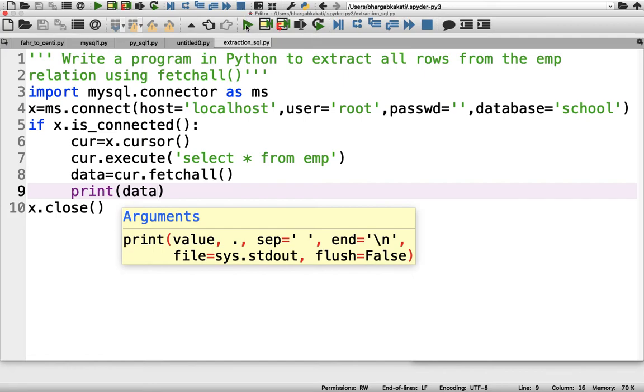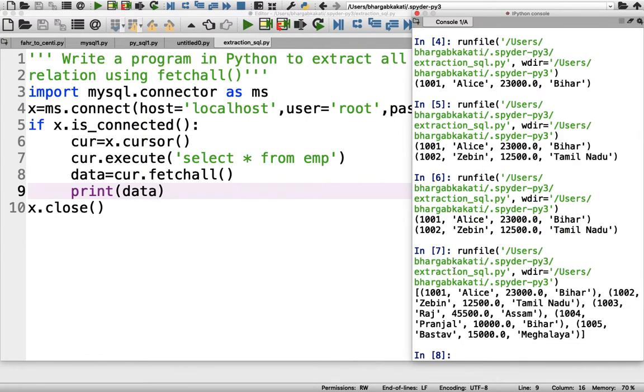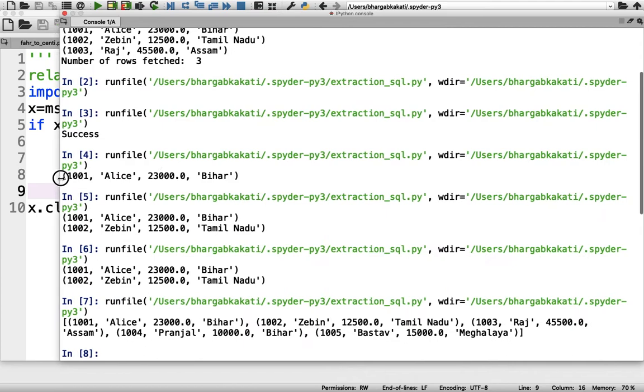If I run it, you can see that all the rows are being displayed. But if you pay attention, the output is not in a user friendly manner. It has been displayed in the form of a tuple, but the output is very haphazard.